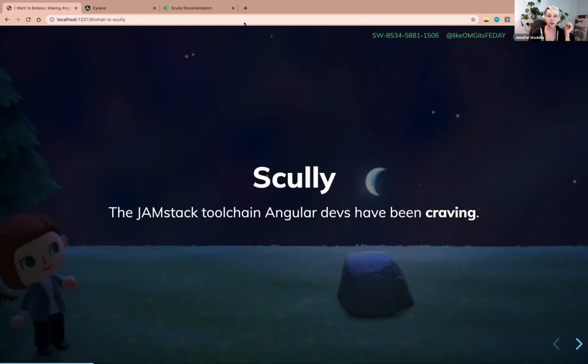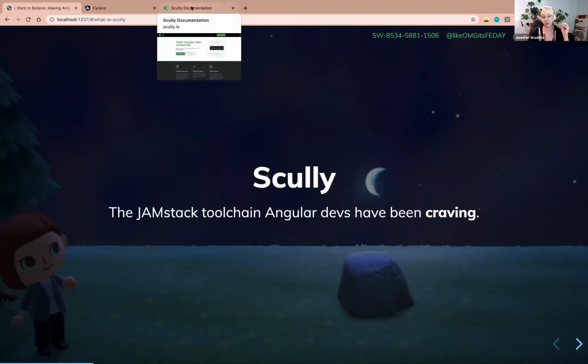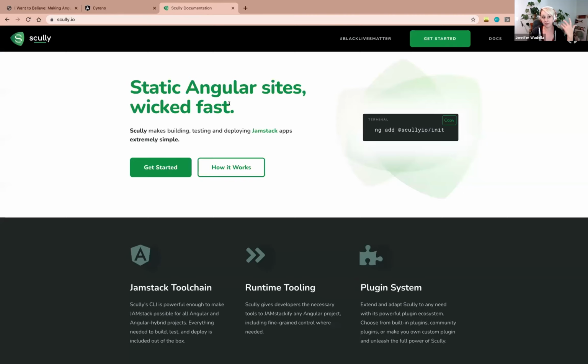I'm going to walk you through a basic introduction of how to use Scully, how to get started, and a couple different problems you might need to solve as you try to increase the performance of your Angular application, and consider how it's getting served and how search optimization is playing in. But the docs are available here at scully.io. This is an open source project, so great team behind it. They're always open to feedback, and they do have a roadmap published. So if you're looking to find an open source project to contribute to, I'm sure they would welcome anybody looking to get involved and bring more value to this tool that's really great for a lot of people.